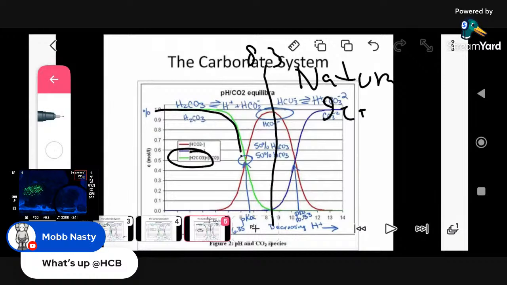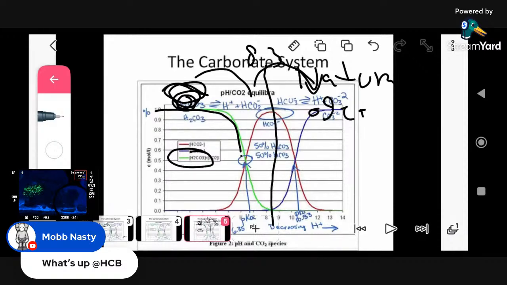If you look up here, guys, you see this little equation right here? This is carbonic acid right here, right? So as the pH shifts to the right in this equilibrium reaction, from carbonic acid, it'll form bicarbonate, which is the red. And then from the red, it'll go into the blue, and that's carbonate. That's what the coral skeleton is made out of. So let me go back.